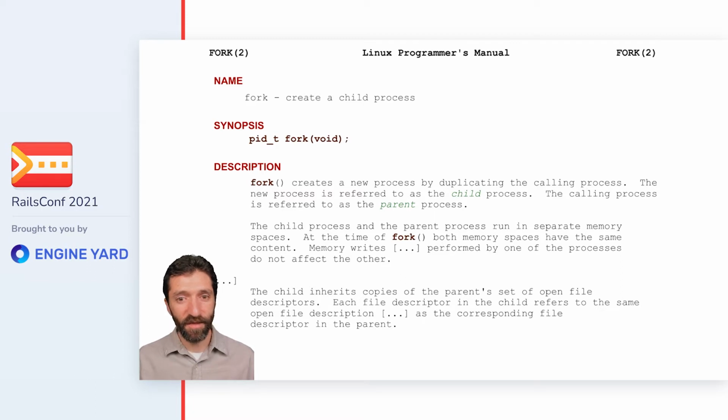The child inherits copies of the parent's set of open file descriptors. Each file descriptor in the child refers to the same open file description as the corresponding file descriptor in the parent. This is a little abstract, but really important to how fork operates. In Unix, a file descriptor is used to represent not only open files on the file system, but also things like network sockets and pipes, which are input-output streams used to communicate between processes. This is really powerful, but also dangerous, and using fork effectively in more complex use cases usually requires carefully controlling these inherited file descriptors. I'll get more into that later, but first I'd like to cover the most common and